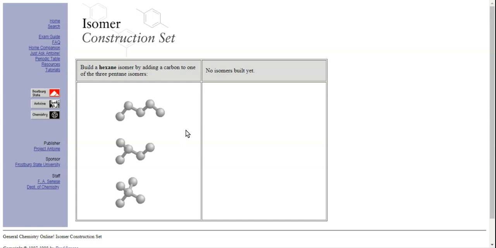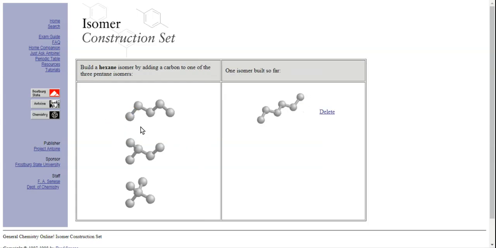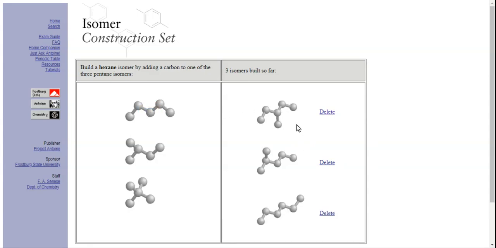And just like before, when you're trying to draw isomers, start off first with 6 carbons in a row, and then you can start with 5 carbons in a row and add 1 carbon as a side chain. So that is now 2-methyl pentane. I can have 3-methyl pentane, and they are all unique isomers. But the moment I try and do 4-methyl pentane, I start counting from the right, and it becomes 2-methyl pentane,